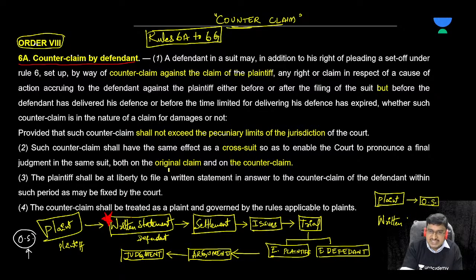OS number will be assigned to the original claim. Original claim is nothing but the claim of the plaintiff in his plaint. Counterclaim is nothing but the counterclaim filed by the defendant by way of a written statement in his cross suit. Okay. Thereafter, friends,